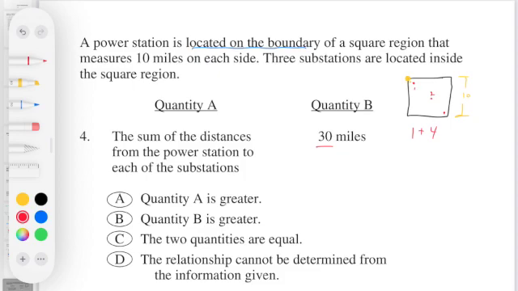But the thing about station 3 over here is I put it on the diagonal line all the way across from our main power station. And because within a square, the only line that's longer than the sides of the square is the diagonal line, the diagonals of a square are always going to be the length of the side times root 2. So the diagonal is 10 root 2, which means station 3, if it's not all the way at the opposite corner because it's not on the boundary, it could still be 10, or it could be something less than 10 times root 2, which is less than 20. So let's say it's